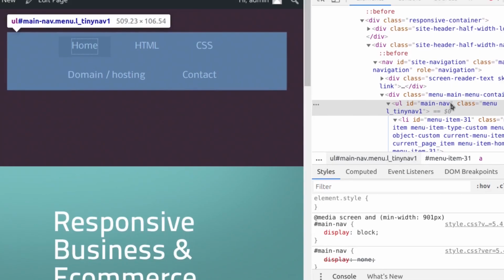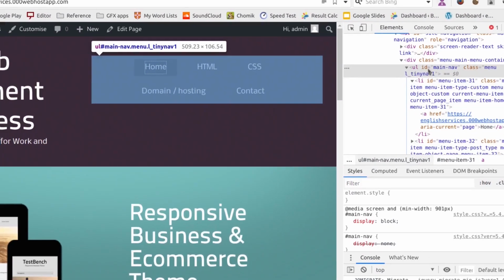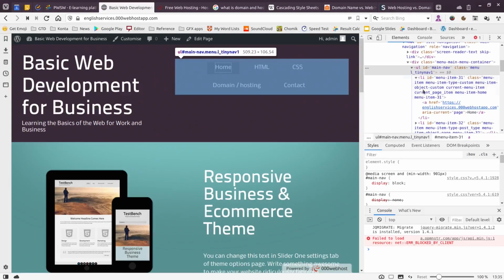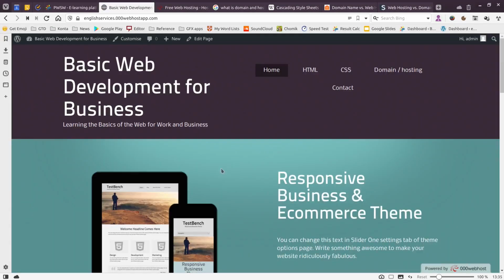And changing the font size a little bit. So making it a little bit smaller so that it perhaps becomes aligned in one line, right? So that's the ID of main-nav. So if we remember that, we can go to customize,